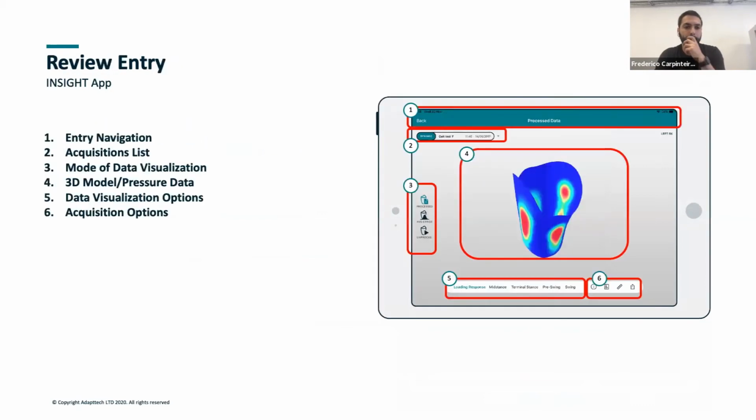Next slide. And then when you're reviewing an entry after you already have the processed result, you can check any entry at any time whenever you want. As I said, you will have the list of acquisitions. Once again, you'll have the mode of data visualization where you can choose between the processed results, that is the average pressure for each gait phase, the average stride,